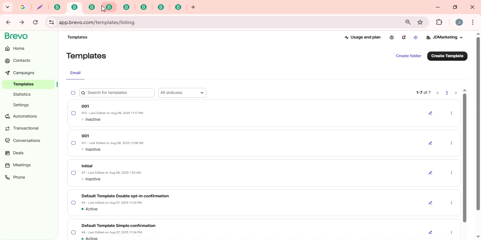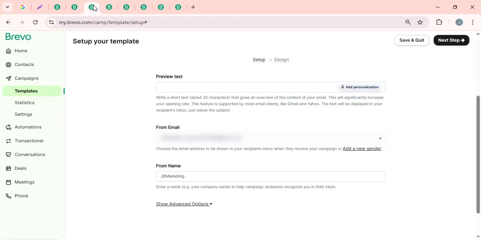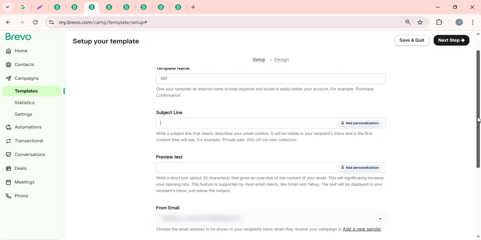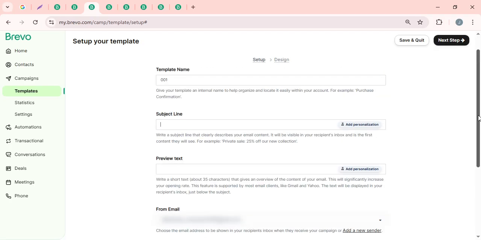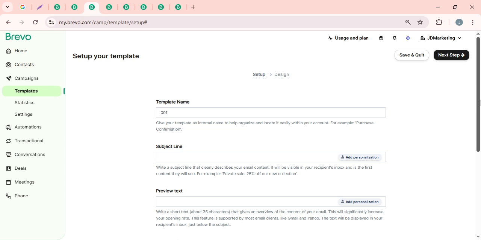Once you're in the Email Templates section, look for the New Template button. Clicking on this allows you to start from scratch with a blank template. Or, if you're in need of some inspiration, you can choose from a selection of pre-designed options available in the template gallery. These pre-designed templates are great for those times when you're short on time but still want a professional